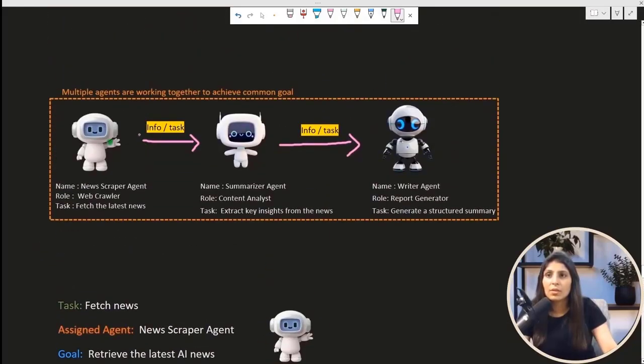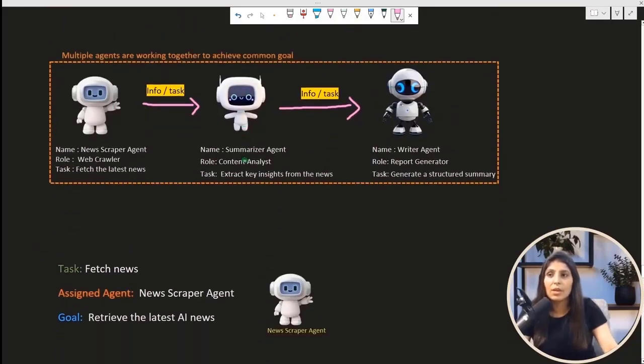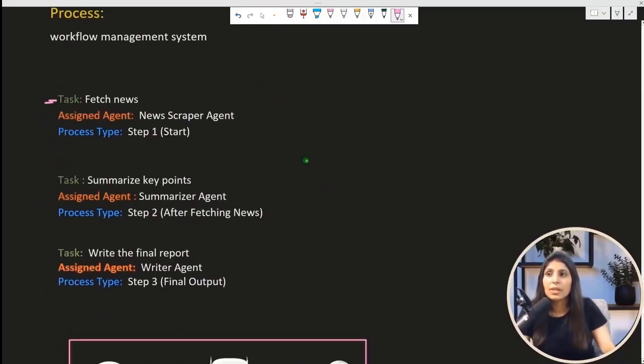This is the task which we are performing. In this, the first task is fetch news, and the assigned agent is this. See, process type step 1 means this should be the first step. And then the next task is summarize key points, and this is the agent assigned.